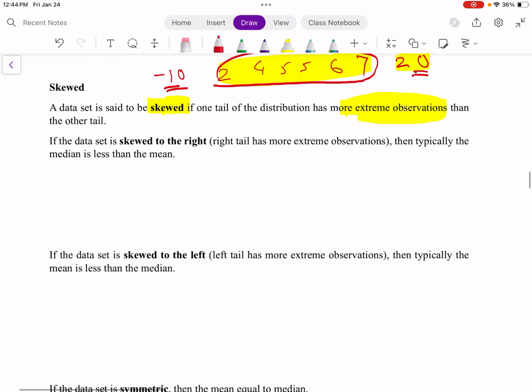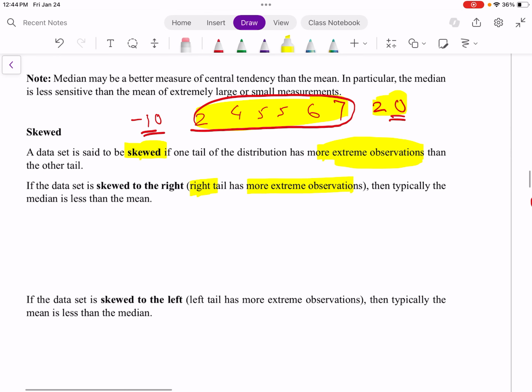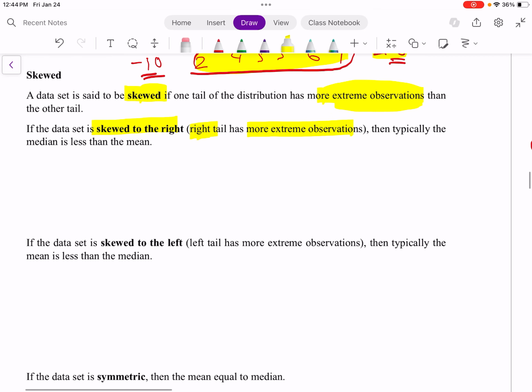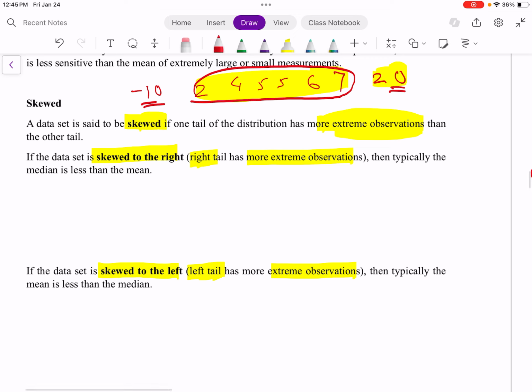So if we have more extreme observations on the right, which means extremely large numbers, then we call it skewed to the right, okay? And if we have a data set with extremely small observations, extreme observations on the left, we call it skewed to the left, okay? The histogram for skewed to the right looks like,